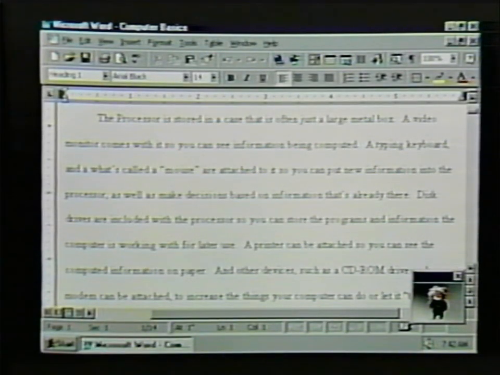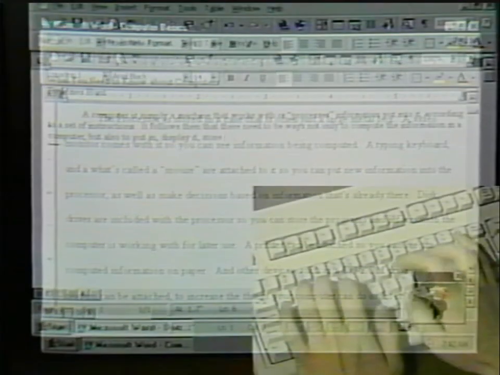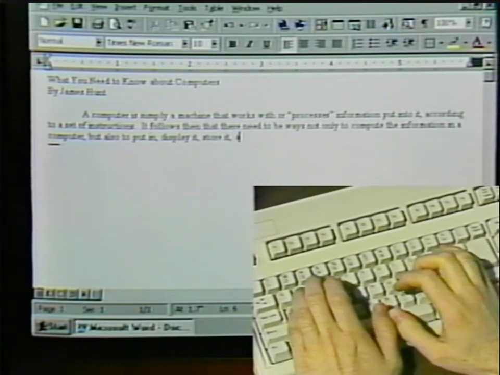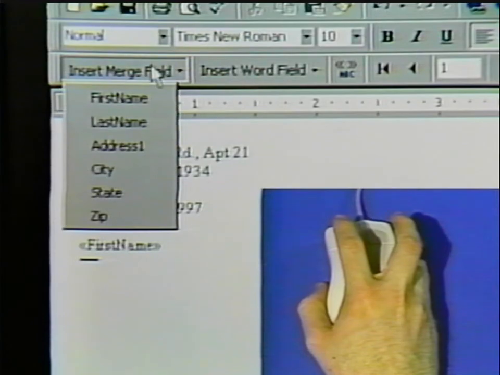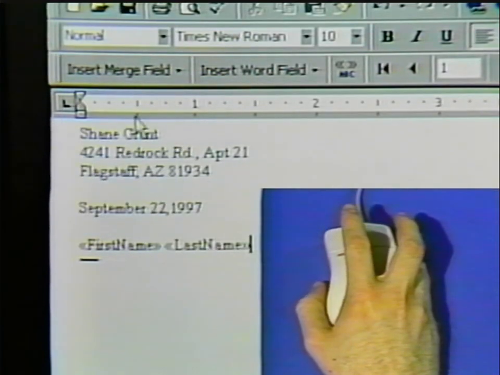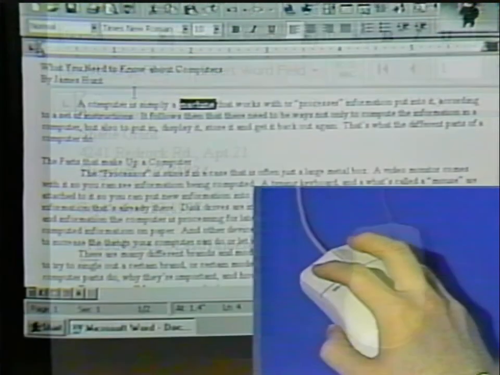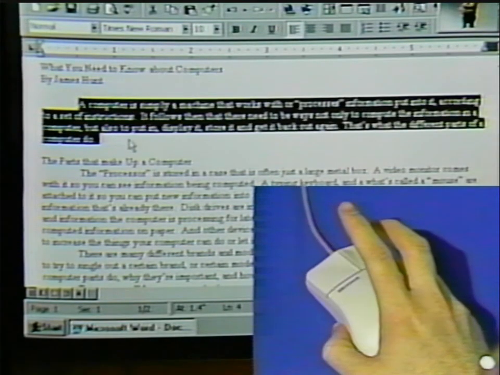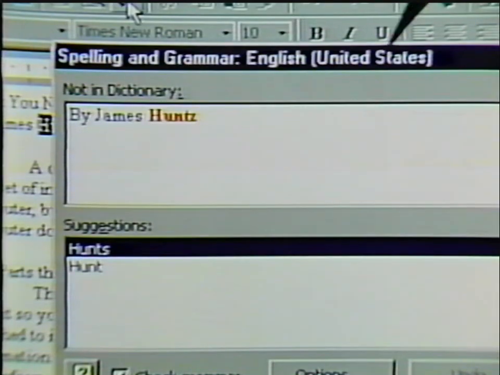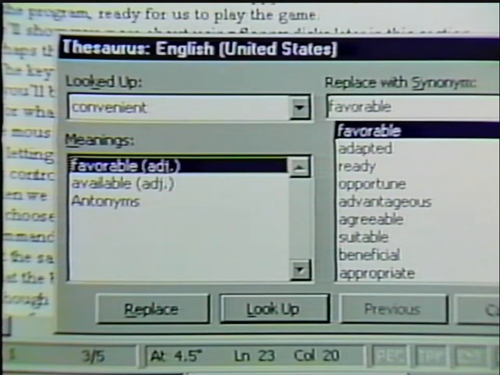Microsoft Word is a program that allows you to create and make changes to letters and other documents. This video will show you basic and intermediate steps for using Microsoft Word. We'll also give you some valuable tips on how to use it more effectively. In this intermediate Microsoft Word video, we'll first review basic word processing skills. Then we'll show you how to use the spelling checker, the thesaurus,